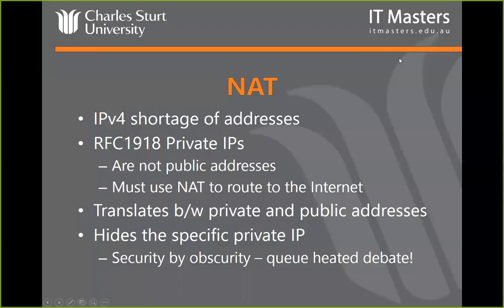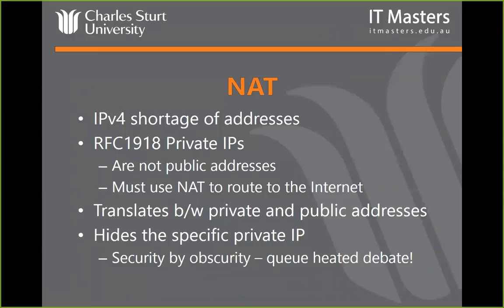The most common implementation of NAT is the translation of private IP to public when we're going out on the internet, but it is still a valid technology to use internally, to translate from one subnet to another. Think of a case where you have two networks that are joining and they have the same private IP address range on each side, but because of the way the subnets are built, it's not going to work from a routing perspective. You may actually use NAT in between them temporarily while you're translating everything over to the one base network range.